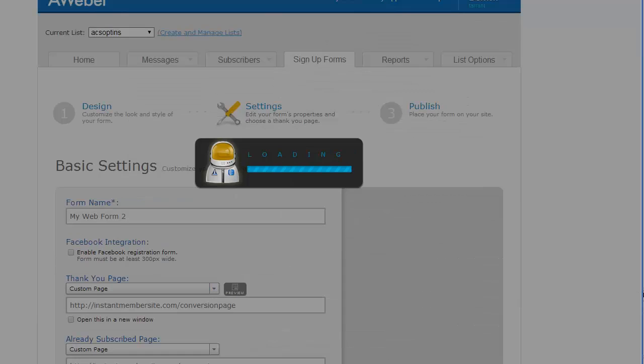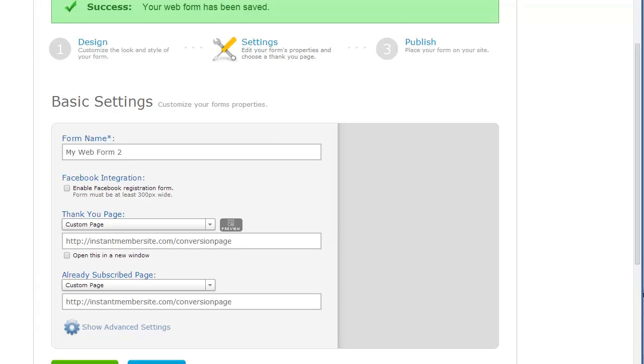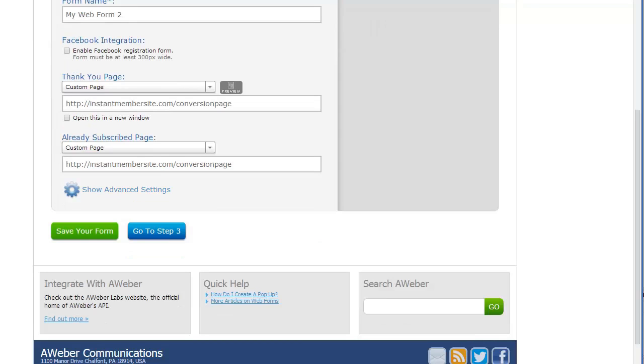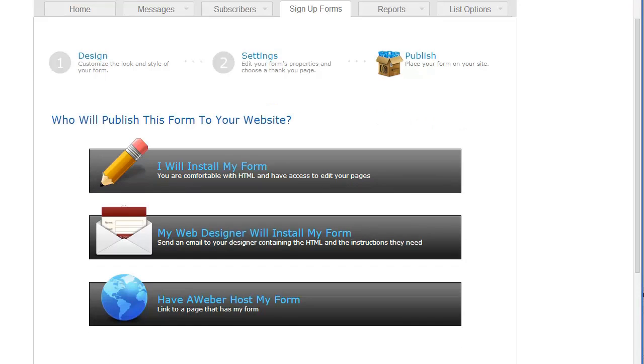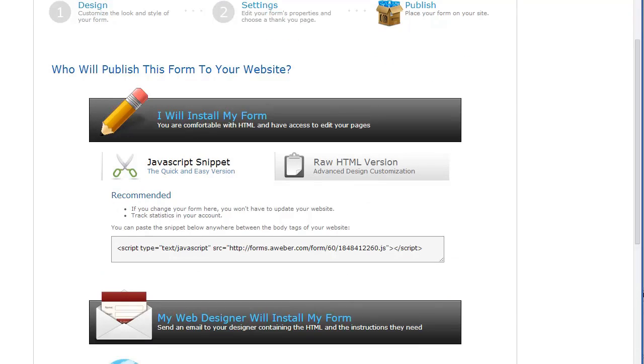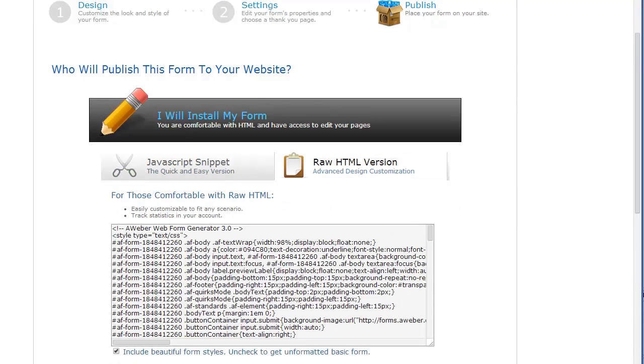But if you don't add these here, then it just goes to a generic page that's served up by Aweber that says, thank you, go confirm your subscription. So I always like to add these redirects in there so I can control the process. Alright, so let's go to step 3, and this is where it gets a little bit tricky. What you want to do is install your form yourself, and then go to the raw HTML version,